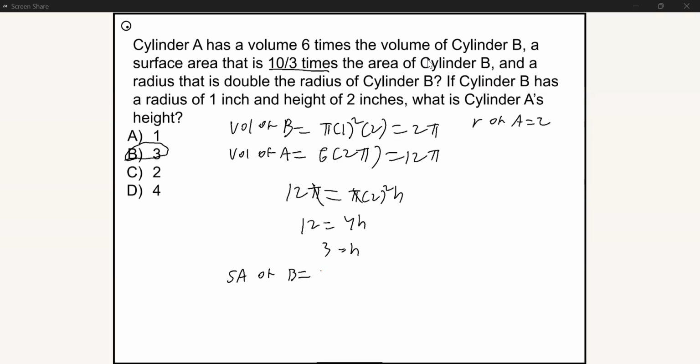Equals 2 pi 1 squared plus 2 pi 1 times 2. And that's 2 pi plus 4 pi, 6 pi, right? So that's the surface area of B. And then we're told the surface area of A is 10/3 that. So surface area of A